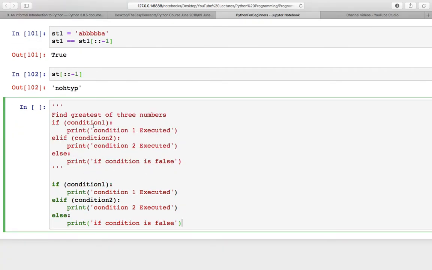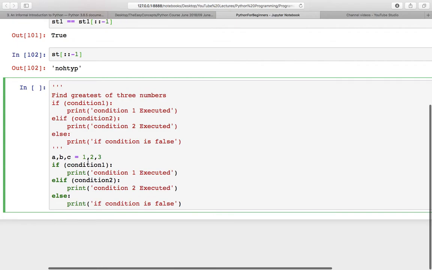I have copied everything from above, but now you have to check three numbers, which of them is greatest. Let us suppose you have three numbers a, b and c. You can take input from the user or you can just take them like this. Although this is hard coded, I think this is fine for this situation.